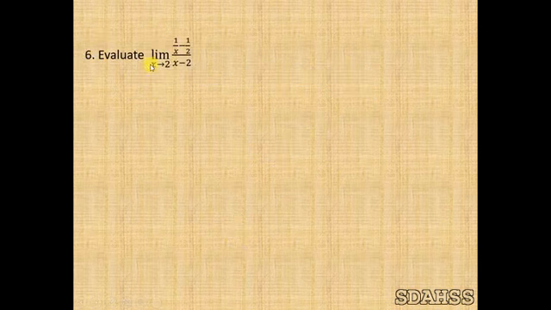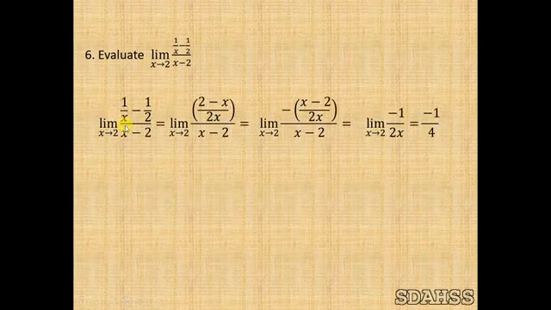Sixth sum. Evaluate. Limit x tends to 2, 1 by x minus 1 by 2 divided by x minus 2, which is equal to limit x tends to 2. Now you take down the LCM. The LCM is 2x. Then cross multiply. So you have 2 minus x divided by 2x divided by x minus 2, which is equal to limit x